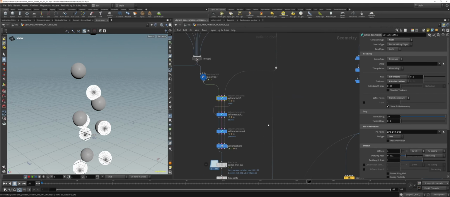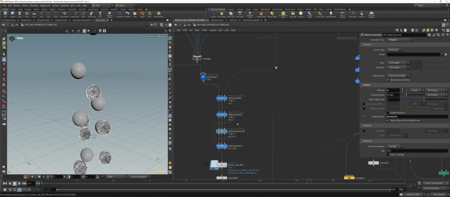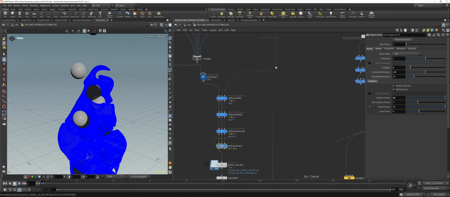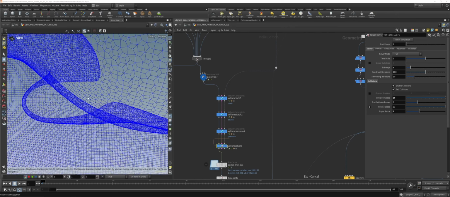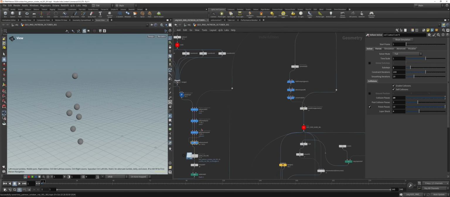So we've got our vellum cloth. Then we've got our attaching, we've got our pressure, and our solver. So that's basically it. Reset viewport. Thanks. Okay. So